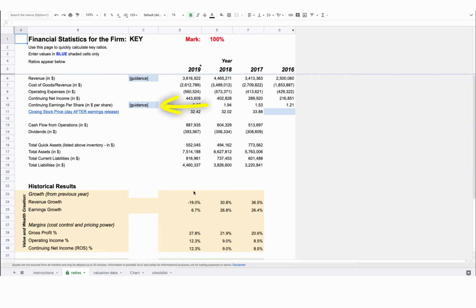So guidance is something a lot of companies aren't giving now because of the uncertainty in the economy. But guidance generally means what the company thinks they're going to do in the next accounting period. So what will their revenue be? What will their earnings per share be? And it's a good guide because people love that the most, right? Because this is the most important thing up there, the revenue growth.